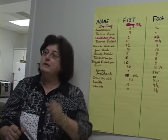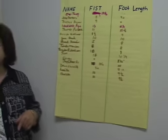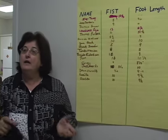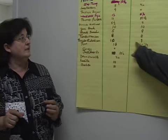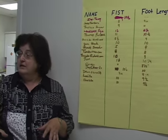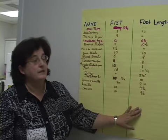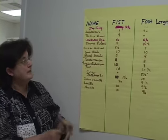So that means that your fist measurement, the distance around your fist, say 10 inches, is close to the length of your foot. Now let's see what it looks like. We didn't say exact, we said close. And also, anytime you're doing statistics, it's on average. So if we averaged all of these fist measurements and averaged all these foot lengths,